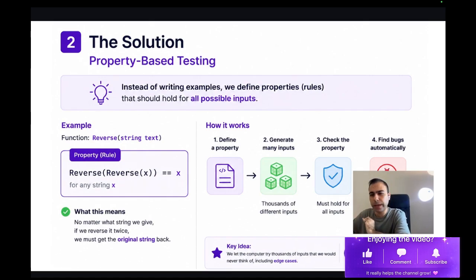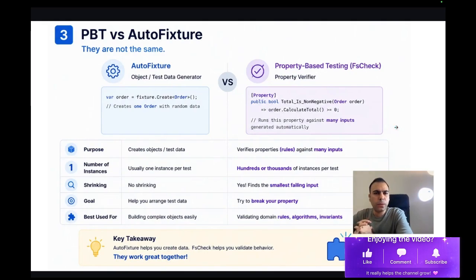Here we have a very important sentence: if it fails, the tool finds the smallest failing input. We call it shrinking, and we will see that. I promise that we won't talk about AutoFixture, and maybe this question comes to mind: what is the difference between property-based testing and